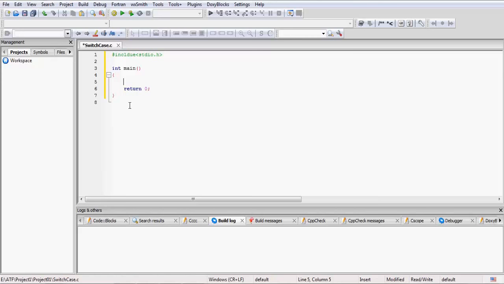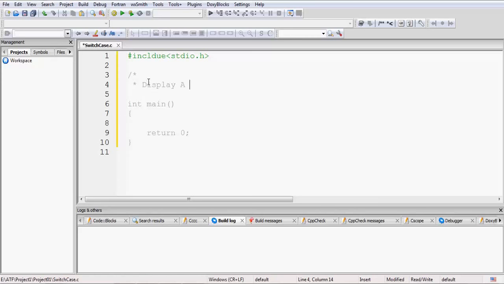Now what to do next? Let us discuss the objective of the program. Let me first increase the size of the font. Yes, now it is fine. The objective of this program is that we will display a menu to the user. Based on the choice that the user makes, we will either add 2 digits or subtract 2 digits or multiply or divide them. So: display a calculator menu to the user